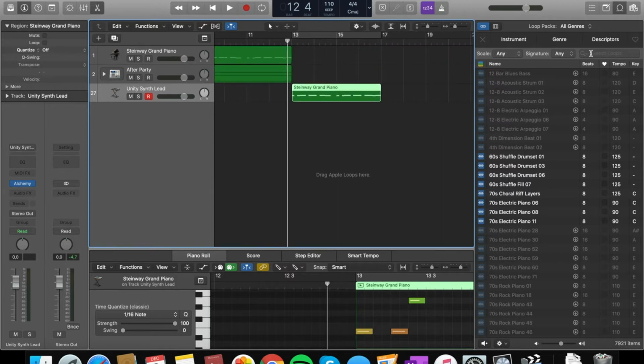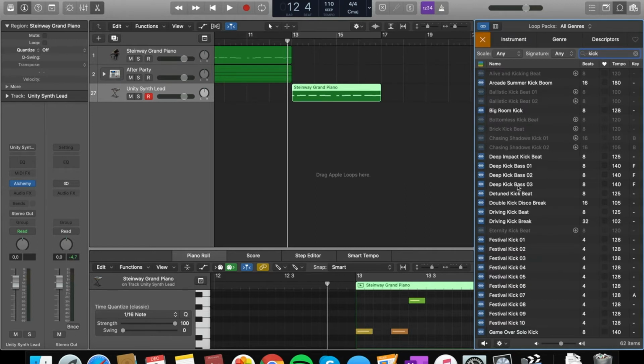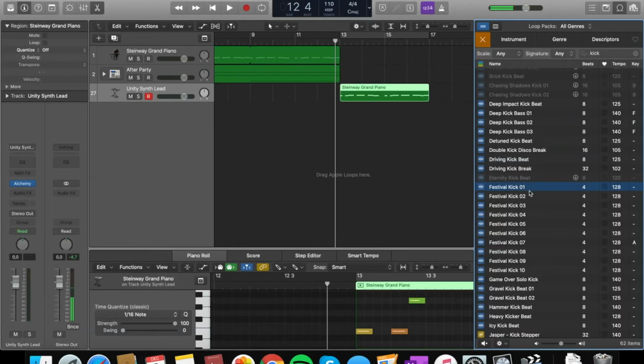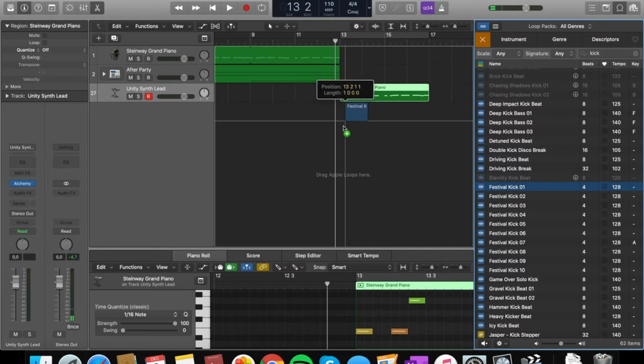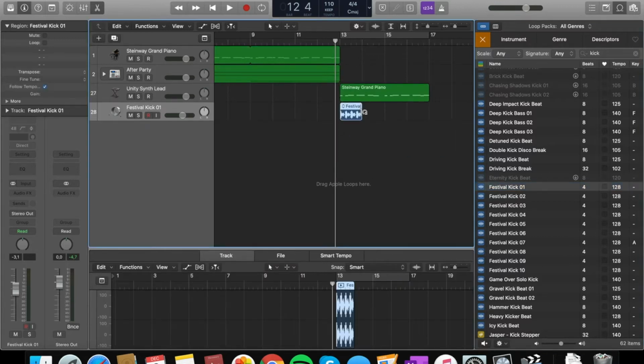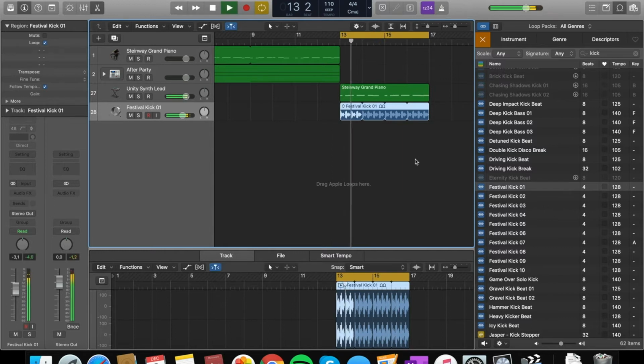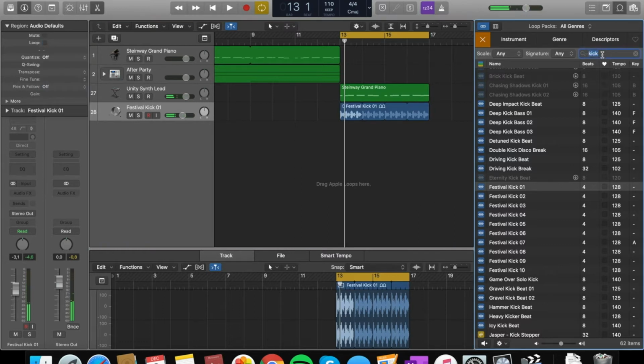So I'm going to fill in a kick. I'm going to find a kick I like. I like the festival kick one, so I'm going to drag it in here, and then I'm going to loop it. And then I'm going to have